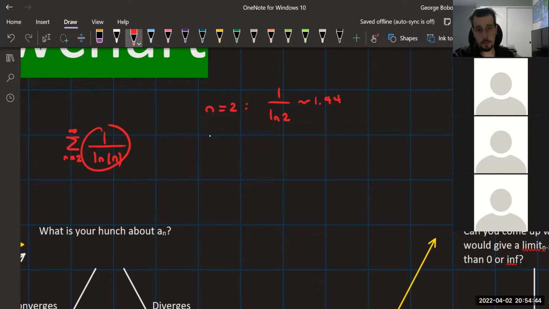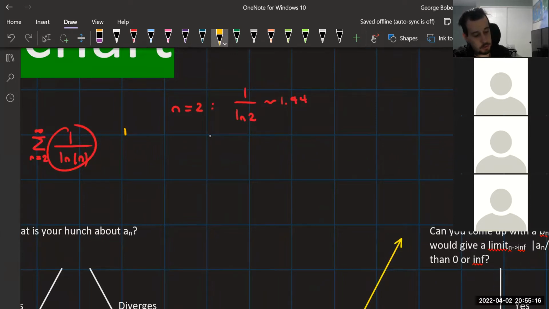Okay, if you're having trouble with that, first come up with something that is simpler than this, but looks pretty much identical to this. Some function that is similar to this, but behaves, again we're going to check to see if it's smaller. What looks similar to this and is simpler to work with? Anybody that has an idea, yell it out. 1 over n. Okay. So she's saying 1 over n. If I plug n equals 2 into 1 over n, Kelly, what do I get back?